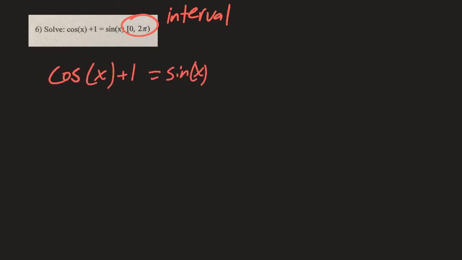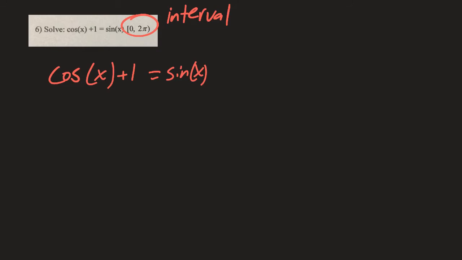Okay. Problem 6. Cosine x plus 1 equals sine x. And we're talking about from 0 until 2 pi again. All right, so that is my interval. So I only want solutions in that section. And we're kind of stuck here because even if I moved things over, it's very difficult for me to say, hey, I can get my sines and cosines to somehow mesh together or cancel out so that I can solve this. And in this case, what we're going to do is we're actually going to have to square both sides,